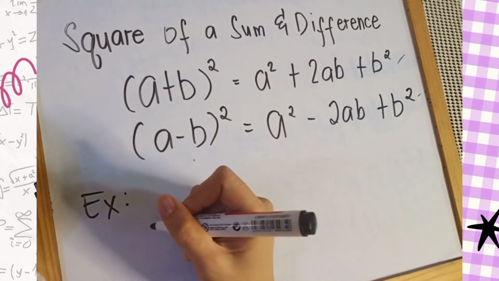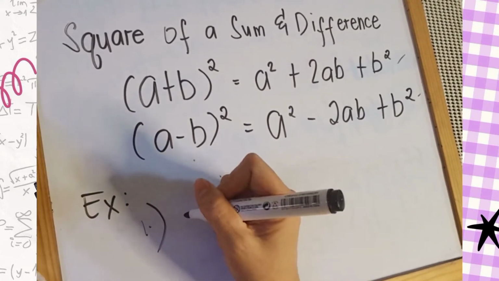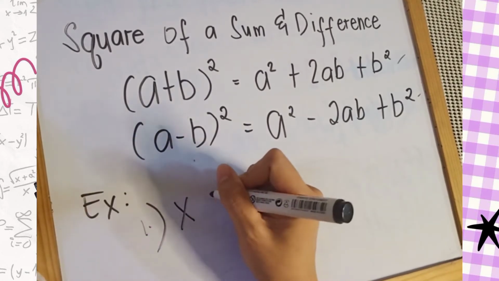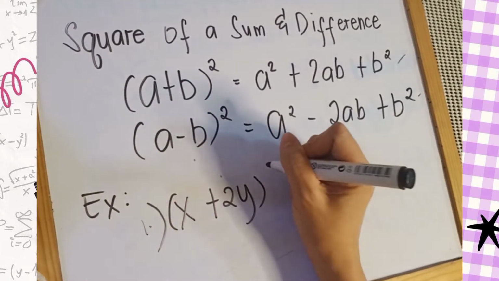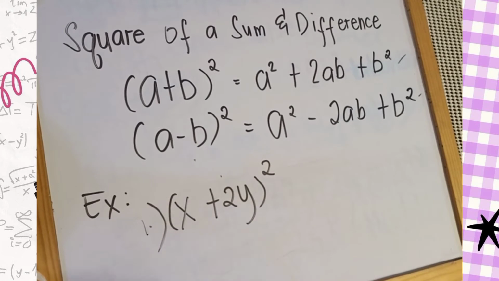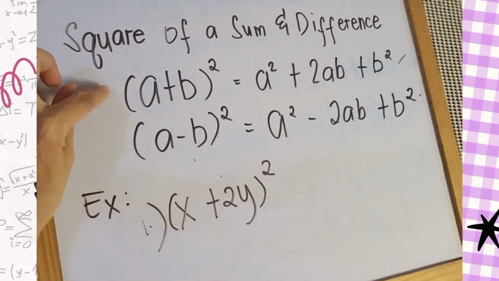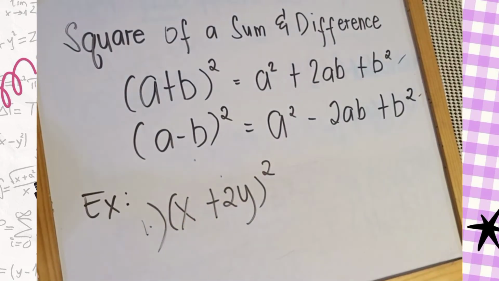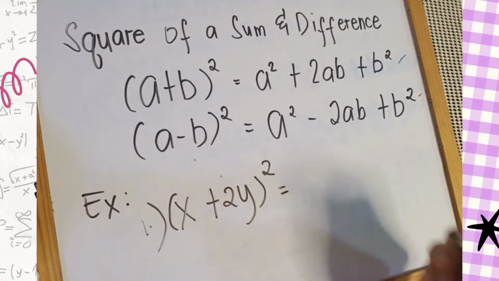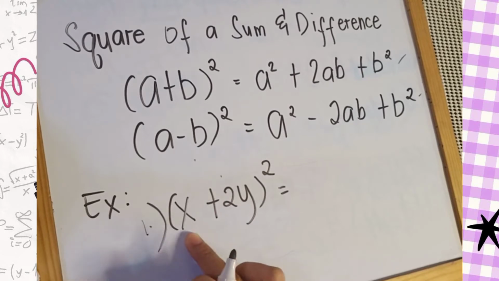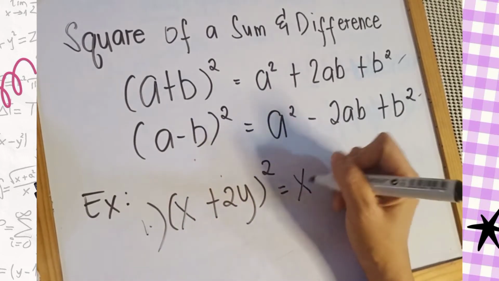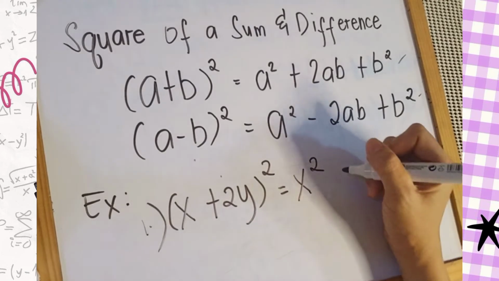Alright, so let's have an example. Let's say we have x plus 2y squared. Since the sign is positive, then we will apply the first formula, which is the square of a sum. So our first step is to square the first term. So x squared, that will be our first term. And then plus,